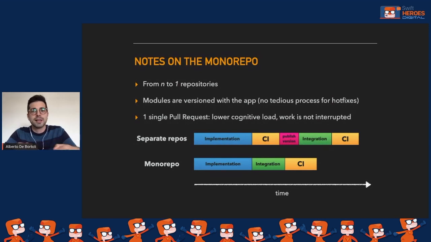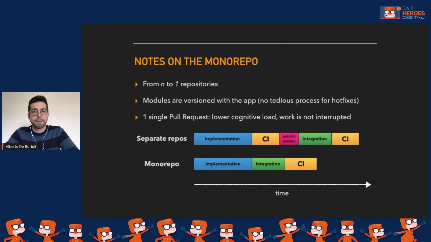First of all, this allows us to keep the versioning of the modules in sync with the app, so that when it comes to, for instance, applying a hotfix in a release branch, we can immediately change what's needed in the module, as opposed to creating a spurious version of the modules that may already have progressed with other changes that we're not really ready to bring in the current release. Also, not having to publish pod specs anymore is really a blessing, and nobody wants to go back to how things were before. It reduces the cognitive load, and